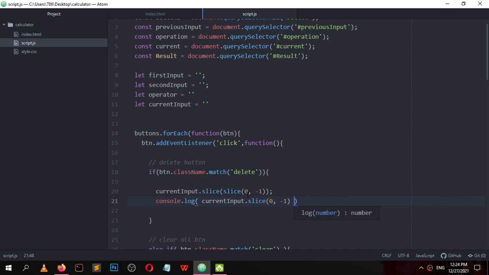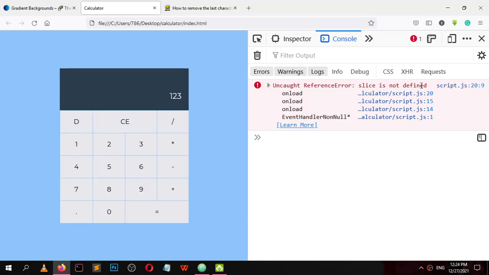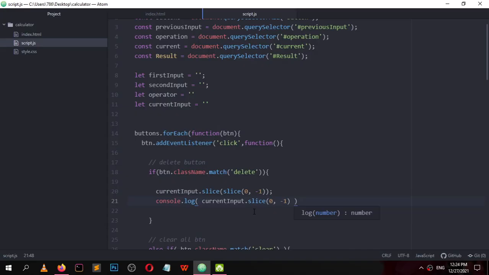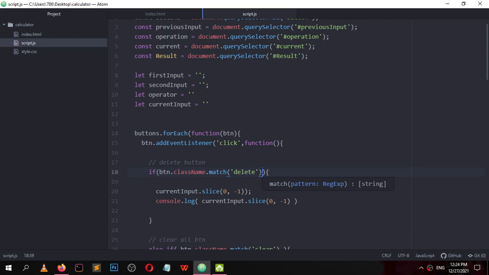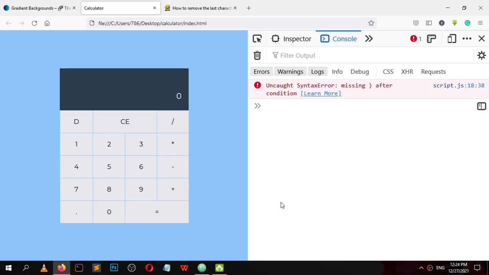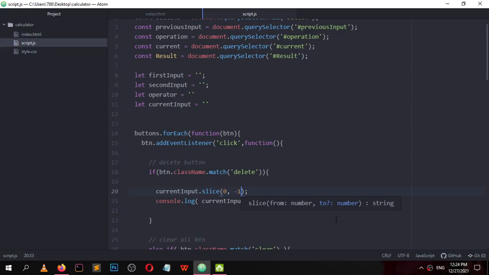Okay, 1, 2, 3 and delete. Slice is not defined. Okay, something is missing here. The unexpected token is here. I am missing something. What am I missing? Current input dot slice.